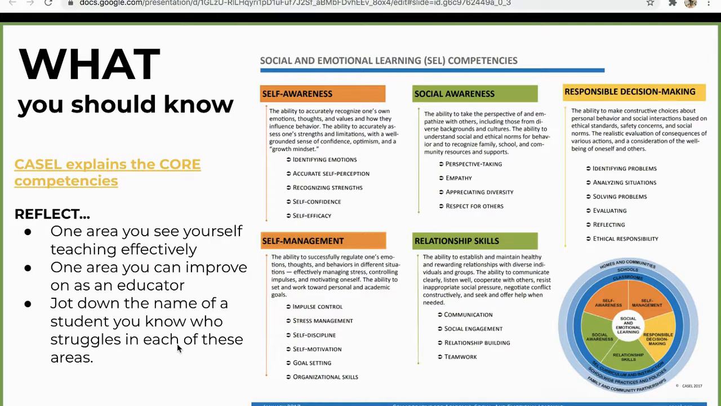So I would invite you today to think about and reflect on maybe an area that you see yourself already teaching effectively. Where in these 5 competencies do you see yourself really tapping into that part of your students already? What is an area that you could maybe improve on as an educator as you look at these 5 areas? And potentially you may even want to jot down the name of a student who is struggling, not just overall, but maybe start fine-tuning that kind of student analysis and place a child in one of these 5 areas. That's going to really help you to not only know this child, but also become familiar with these